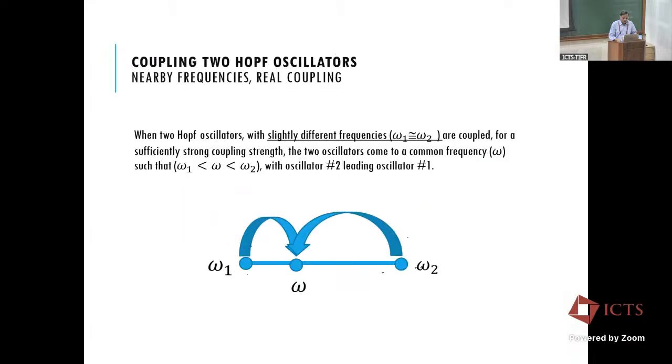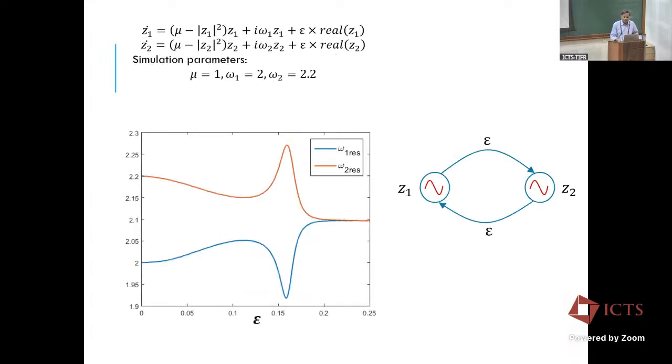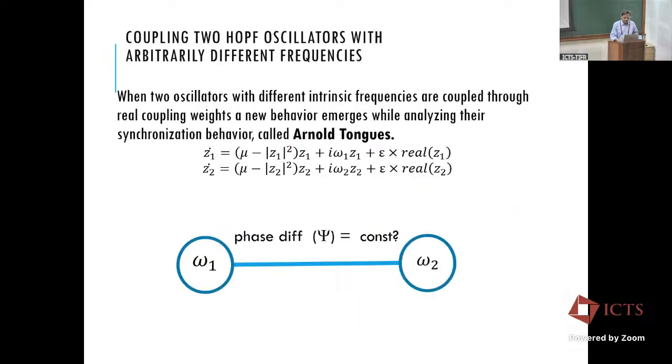Then what happens? From Strogatz-level dynamics we know that if we force them with a strong coupling factor, they can be forced to come to a common frequency, and then they'll have a constant phase difference. But the problem is that in the process they lose their frequency diversity. They come to a common frequency. We don't want that. We want them to stay at whatever frequencies they have and come to some kind of stable phase relationship.